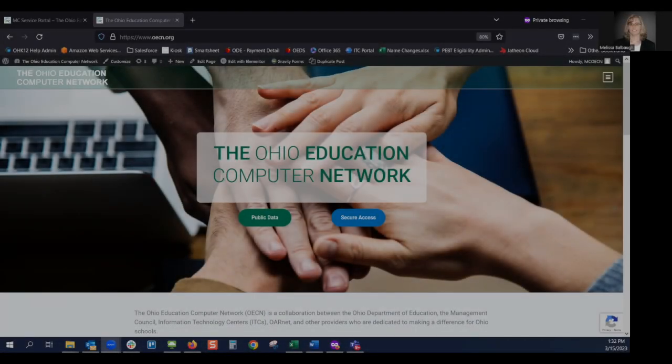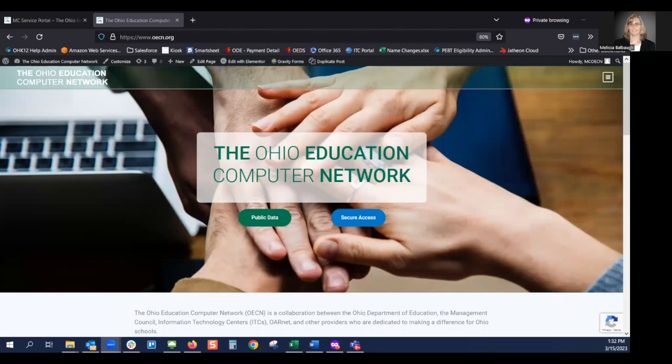This is the OECN portal. This is where we are hosting our new ITC portal for support. So if you are a customer and have already logged into this, your login is going to be the same as what you've been doing. That won't change. If you haven't logged into this before, you will need to log into it to create your